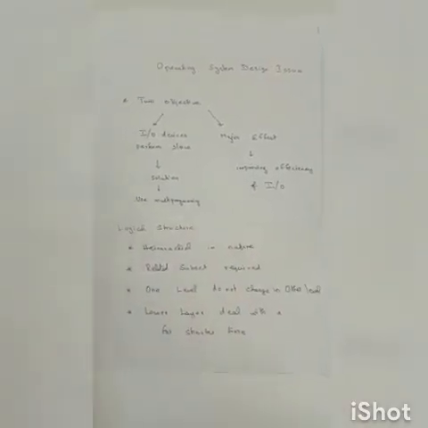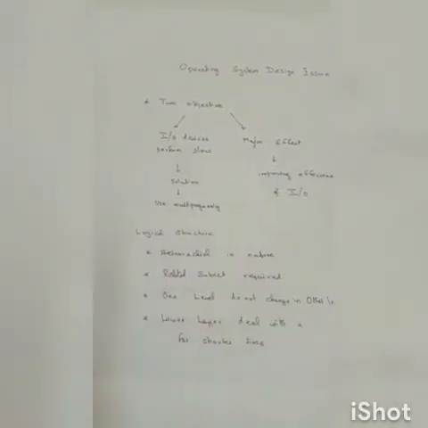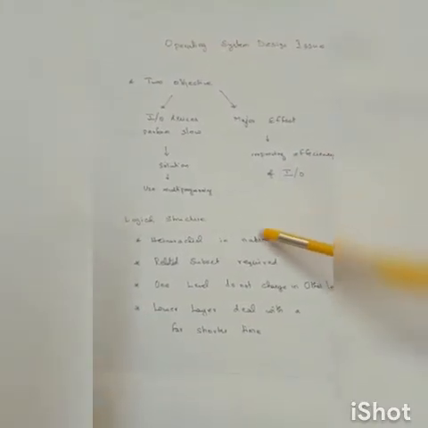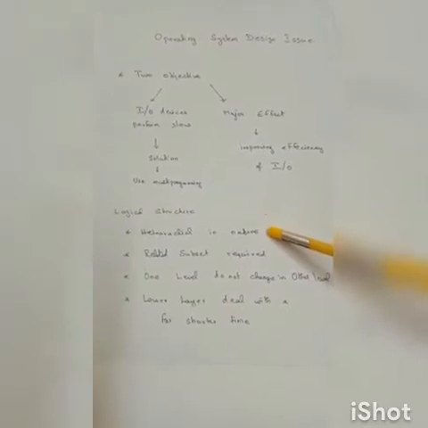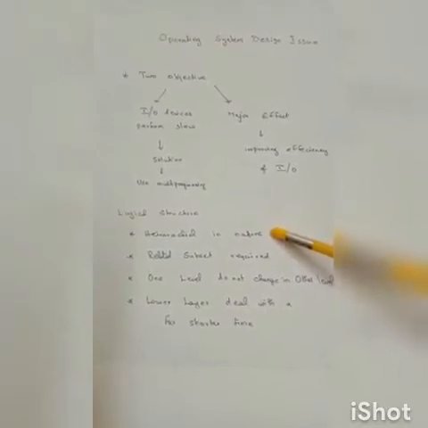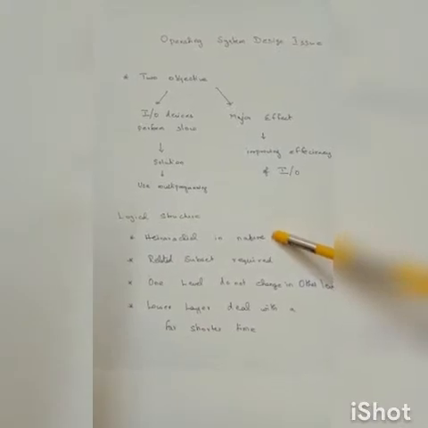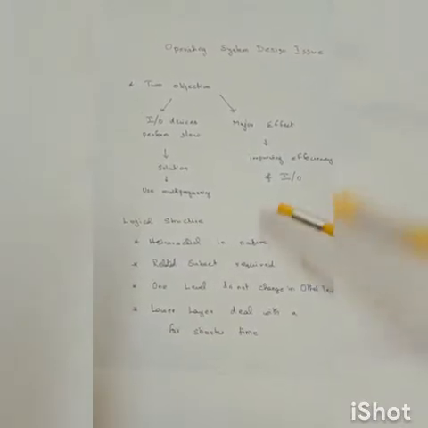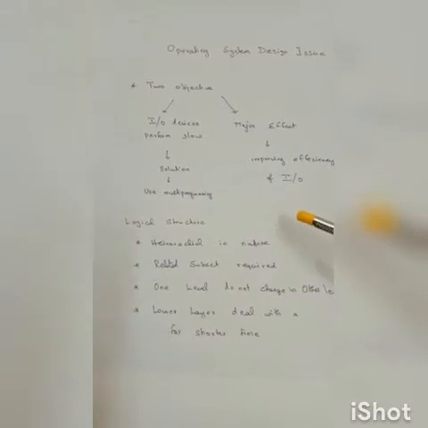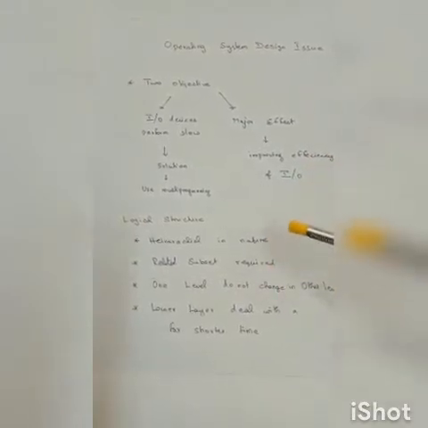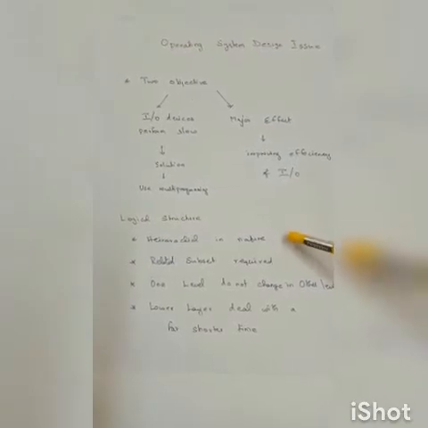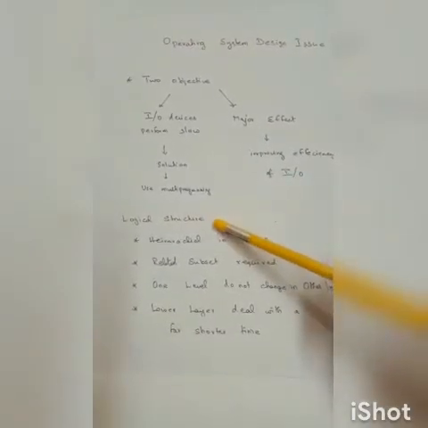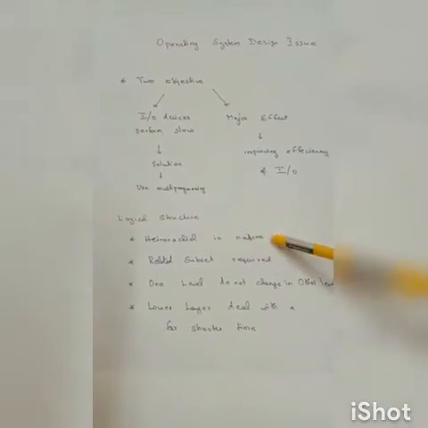It has its own logical structure, and there are 4 important points. The first one is that it is hierarchical in nature. The order of the design issue is hierarchical. For example, if a client has an issue, the client will move it to the immediate server, then the server will process it to the next level of server, then it goes to the router, and then it travels on. So the logical structure is hierarchical in nature.